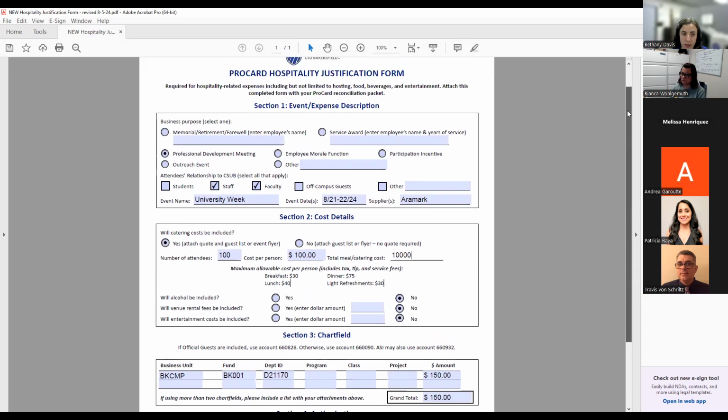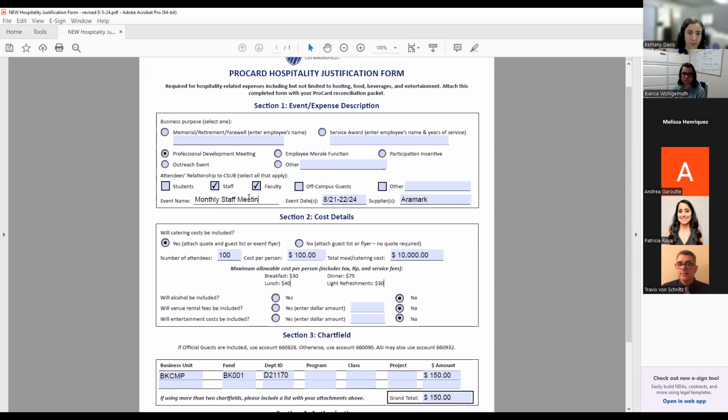So the other thing that you can do is an actual blanket form, which is for an event series. And you can do that for the entire fiscal year, or you can do it for a semester, a month, anything within a fiscal year. Now, we do ask that you put a specific event series. We don't want a blanket form for anything we want to do this fiscal year. That's too broad. So you can put monthly